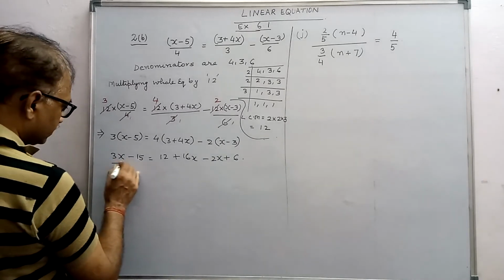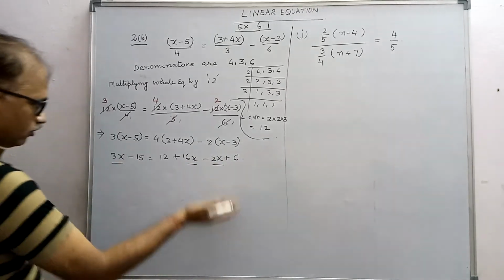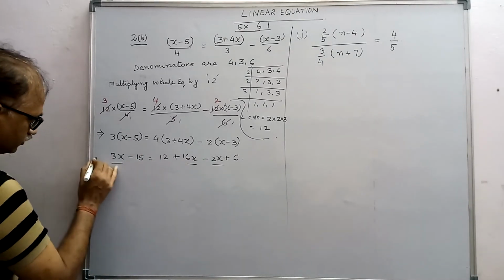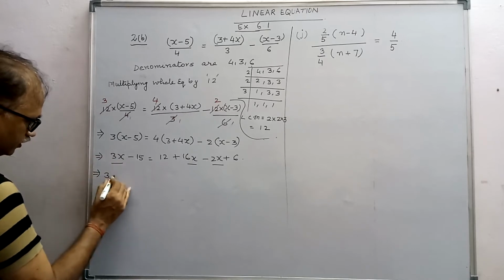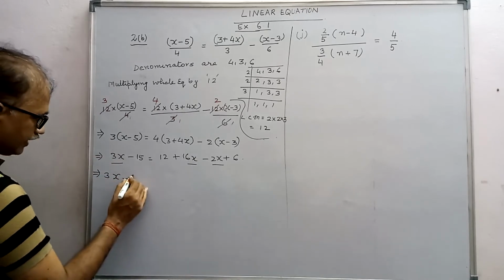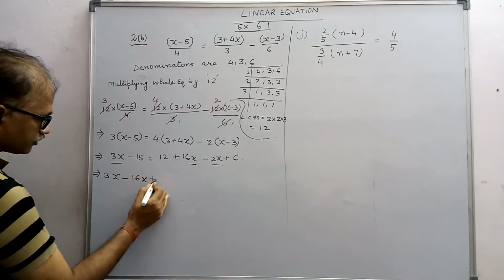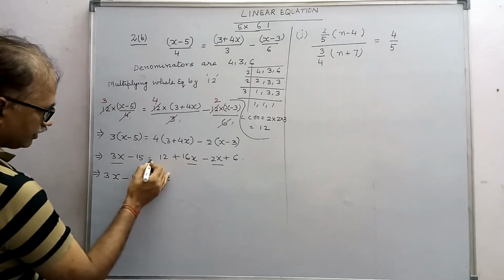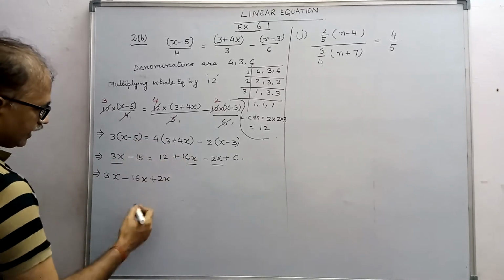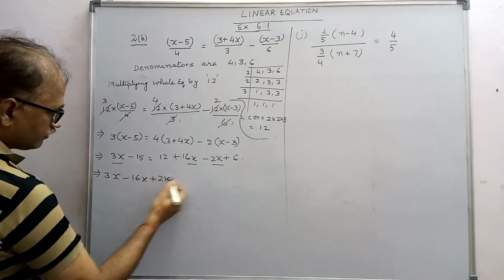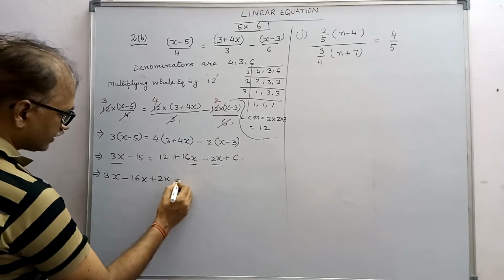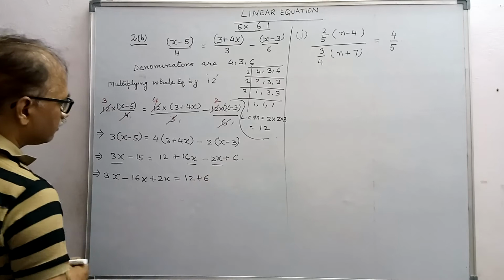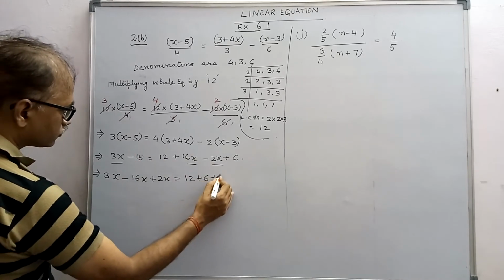So here you see these are the variable terms and they have to go to the left hand side, and the constants to be brought to the right hand side. So we have to transpose. So this implies 3x minus 16x plus 2x. 16x goes that side; here it is positive, equal sign that side, so it will become negative. And your minus 2x goes that side, so it becomes positive. Minus 15 is to go that side, 12 is already there so it is not transposed, 6 is not transposed, but 15 is transposed. So that will become plus 15.